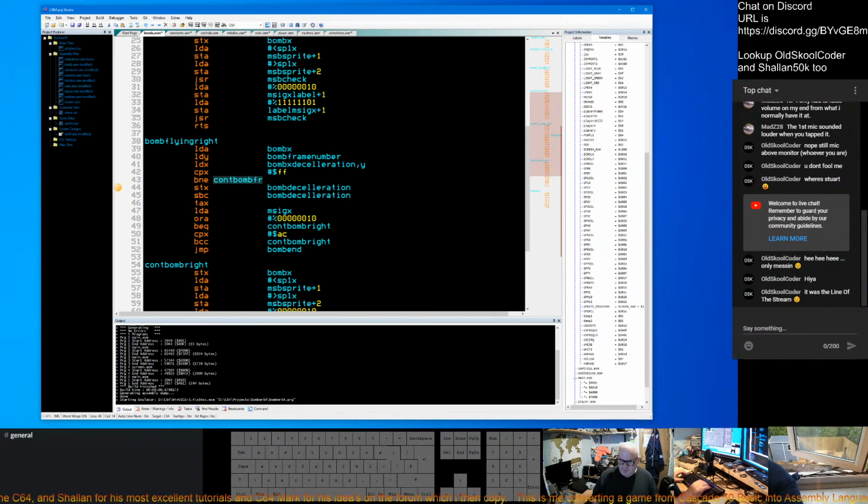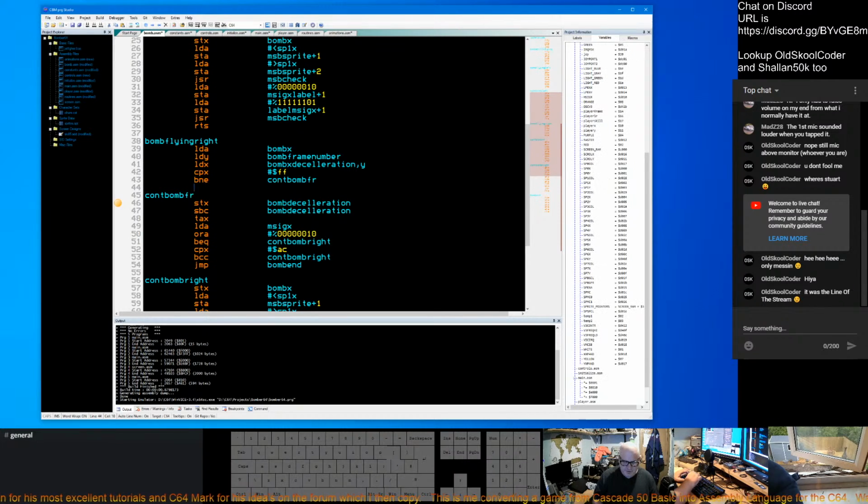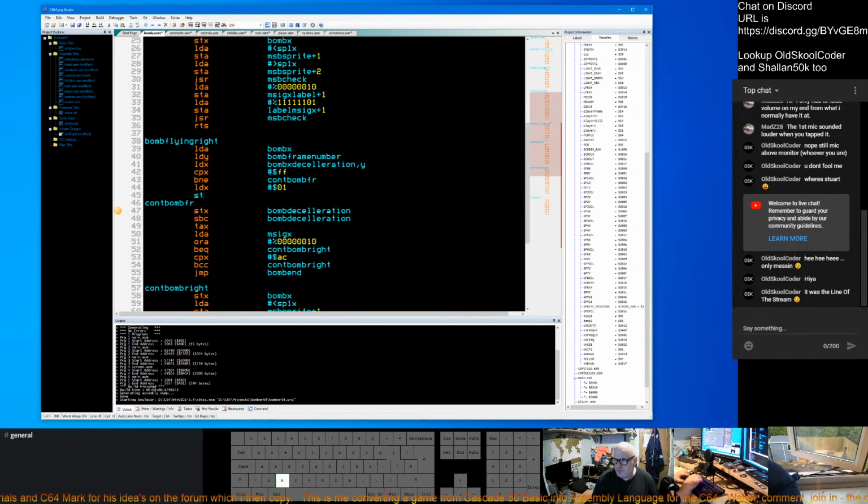Branch if it's equal to, so continue flying right. If it is equal, we're going to load X with 01, store X